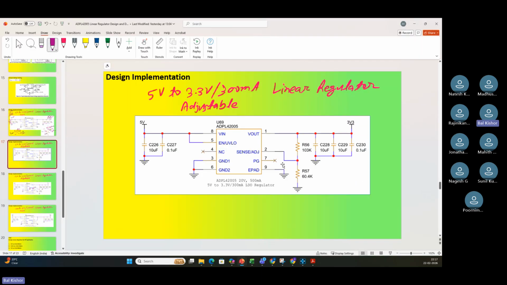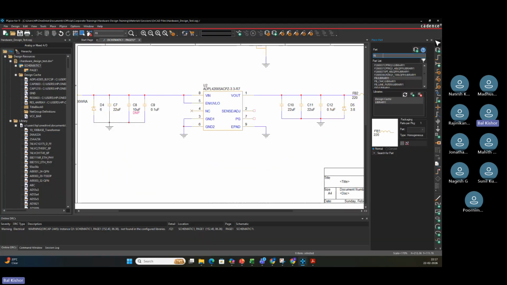In the adjustable version, for 3.3 volts, we have 103 kilo ohm and 60.4 kilo ohm. So these two resistors you have to utilize. So what we will do is we will take resistor